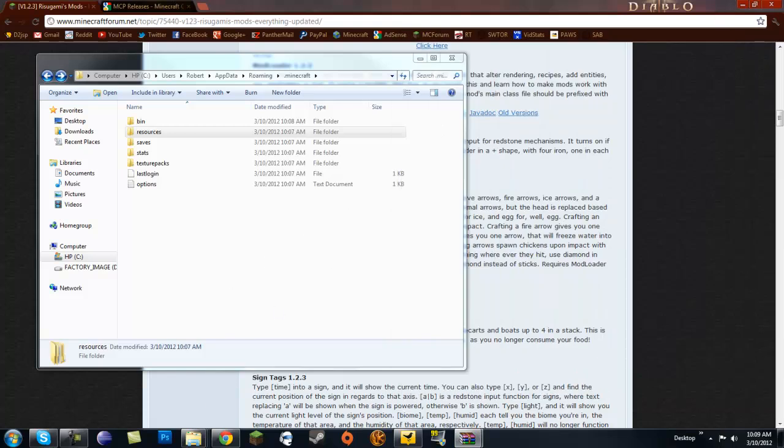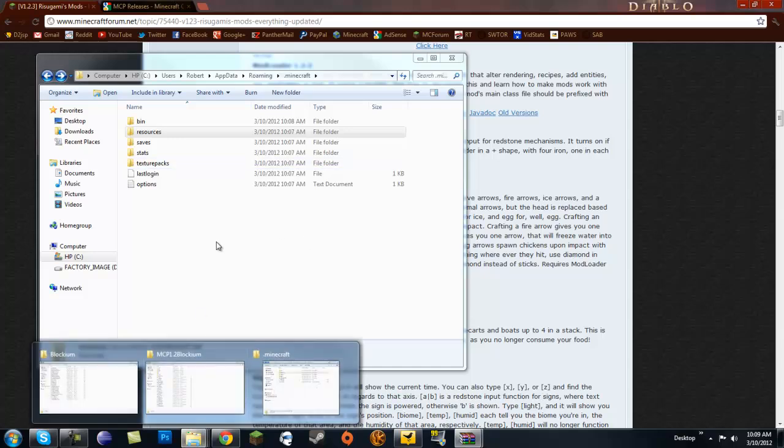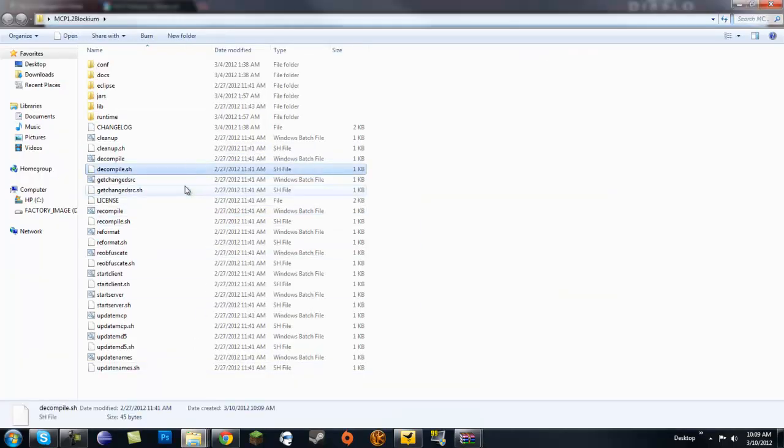So we can get rid of the MCP also. And now I have this open already. Here we go. We extracted our MCP into here. So the next thing we want to do